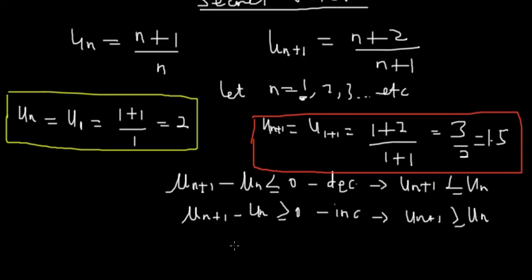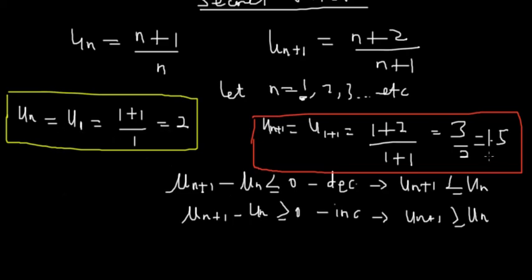Right, so let's see. Now, from here you can notice that Un gave us 2 by making N 1, and then Un plus 1 gave us 3 over 2, which is 1.5. Now let's check. Let's check. You can notice that Un is